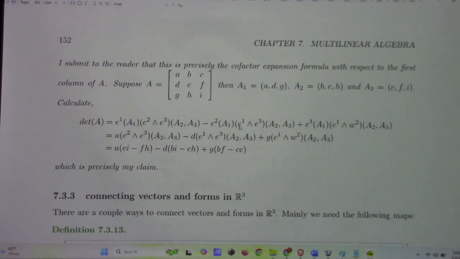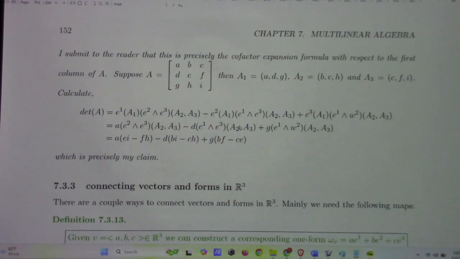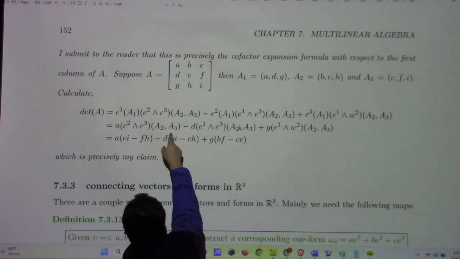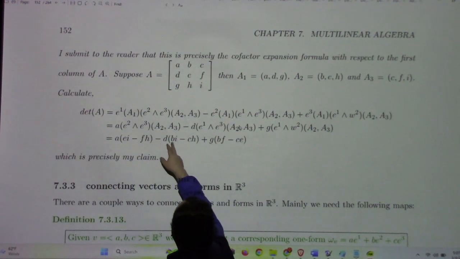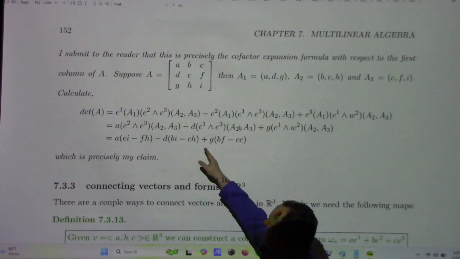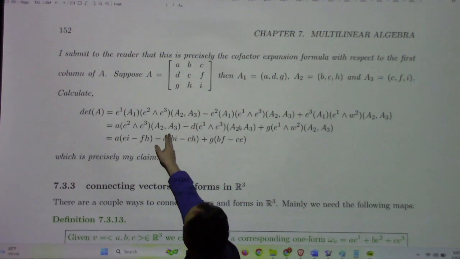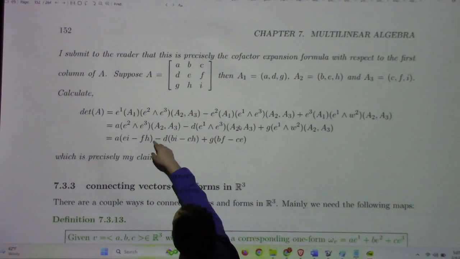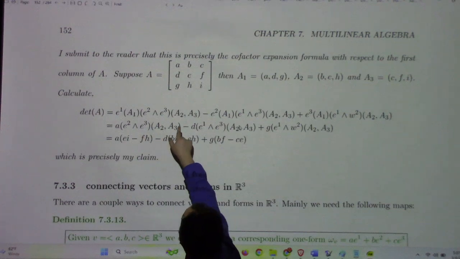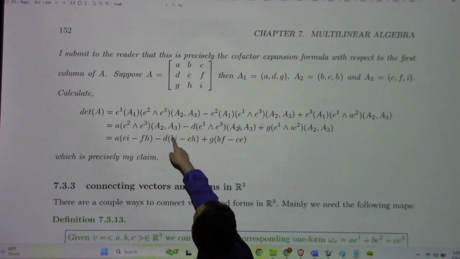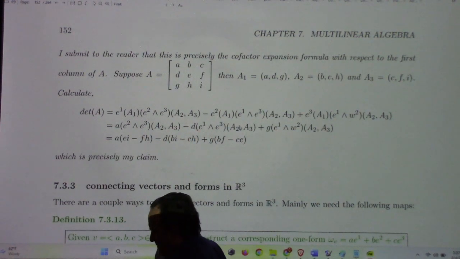Like here, I just did the wedge product of this 3 by 3 matrix, and using the identity I had in the previous page, out pops this, which you might recognize as the Laplace expansion by minors on the first column. The a, the minus d, the g, that's like e f, h i. But anyway, so yeah,